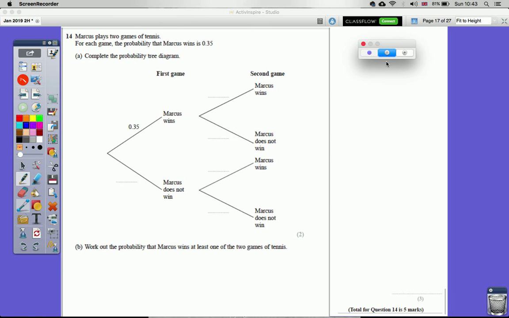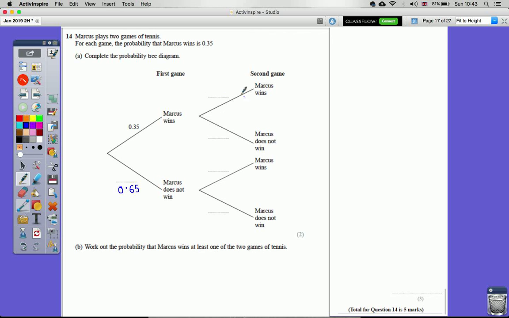Question number 14. Marcus plays 2 games of tennis. For each game, the probability that Marcus wins is 0.35. Complete the probability tree diagram. So here, the winning in each game is independent, right? So the probability that he will win is 0.35, and the probability he will not win is